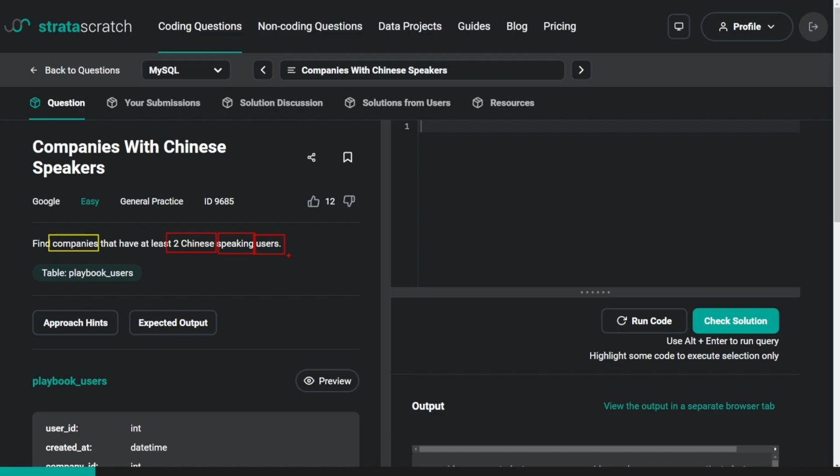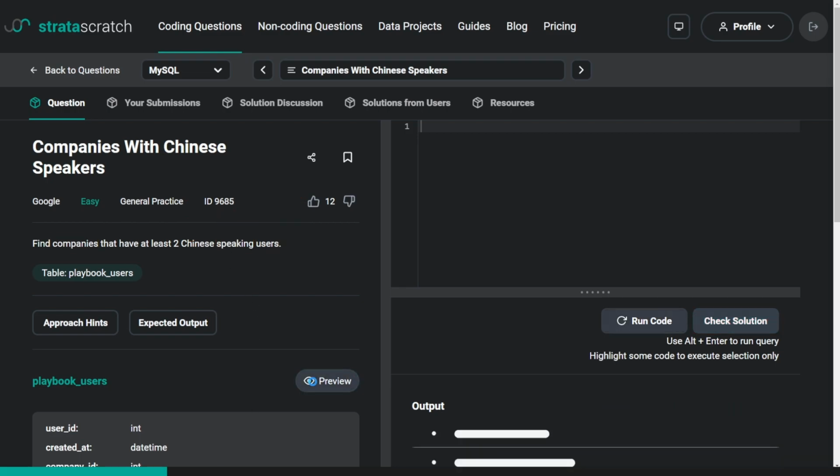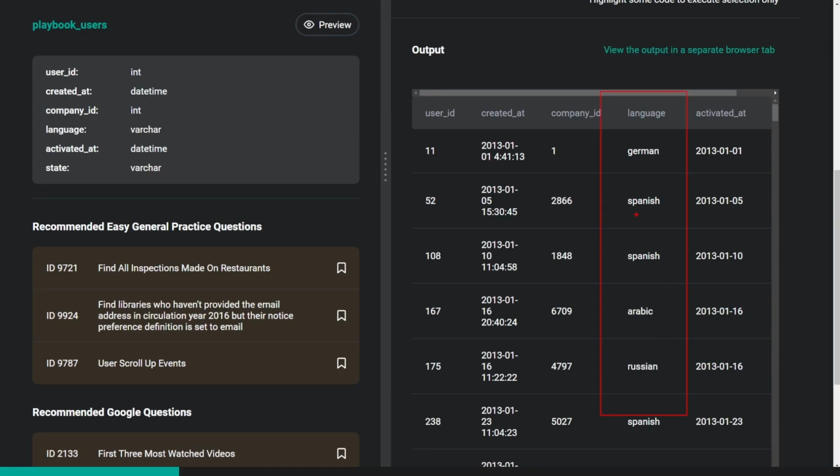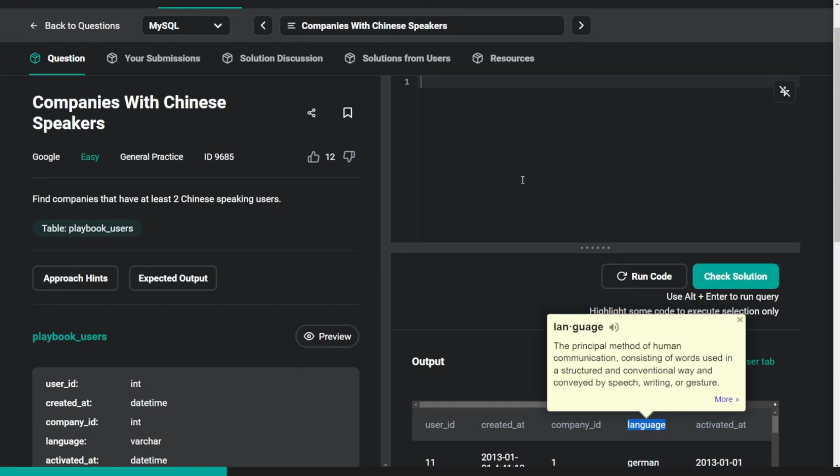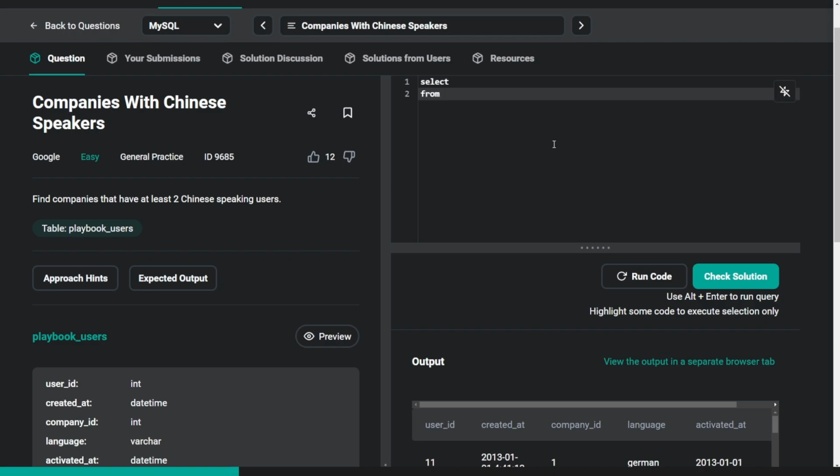Really, if we break it down, we have to verify, is this a filter? Is this a filter? Because there could be users that don't even speak. There could be entries that are not users. Clearly this is most likely the filter where people are Chinese or whatever they are. Let's see. So you see here in the language column, they can be German or Spanish or Arabic, Russian, whatever. So we just have to filter this column. Select from playbook users where this one equals